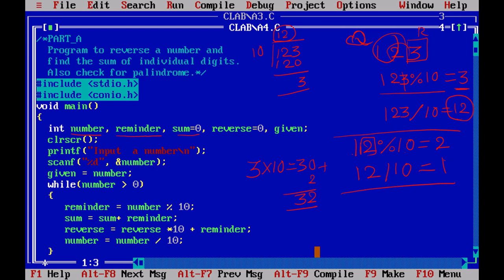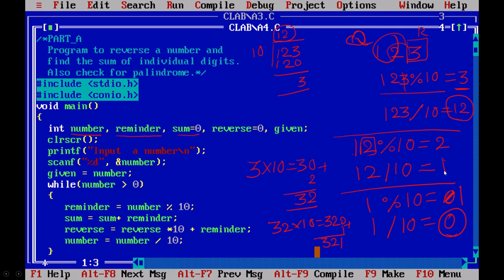I'm left with 1. So 1 mod 10, the remainder is 1. And I make 32 multiplied by 10, that is 320, plus 1, so I got the reverse 321. Once again 1 divided by 10 will become 0. When the number becomes 0, I will stop.